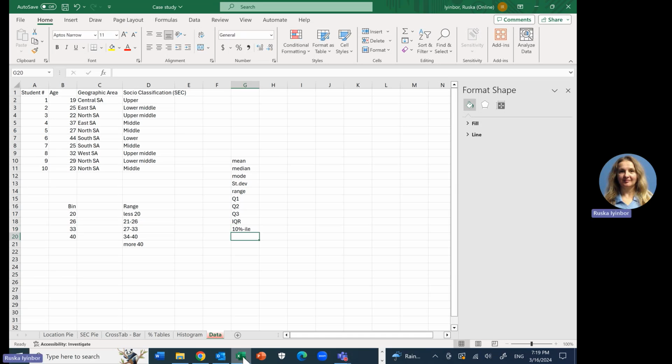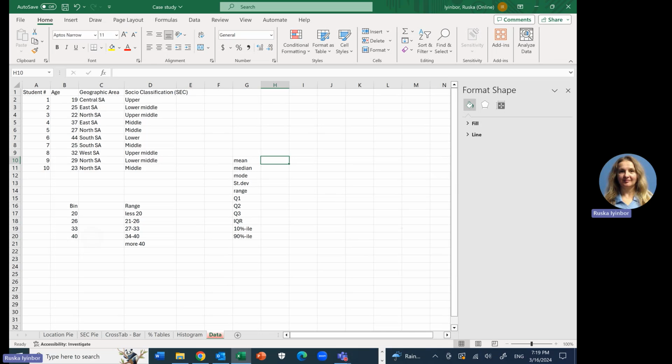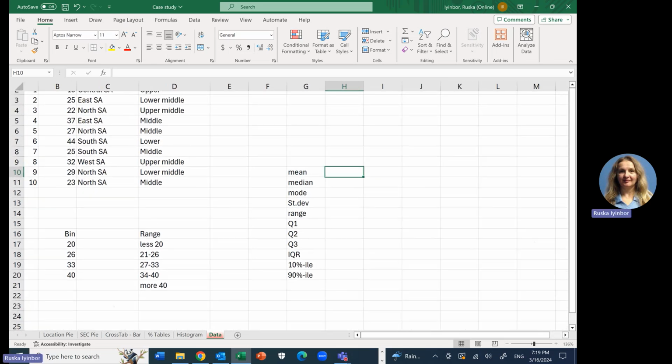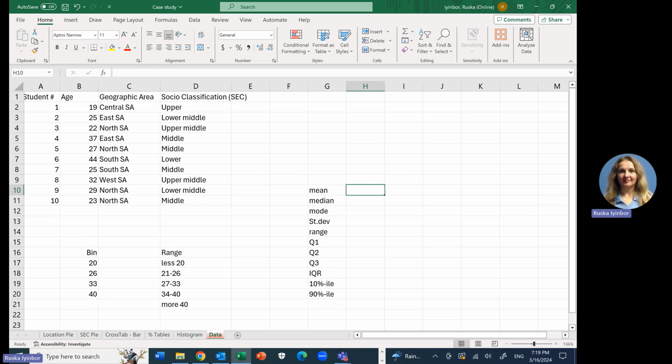And then 90 percentile. So how do you do that? If I want to calculate the mean, I'm going to click in the box next to the mean. Let me make it a little bigger so you can see. Okay. Next to the mean, I'm going to click in the next box and put equals,